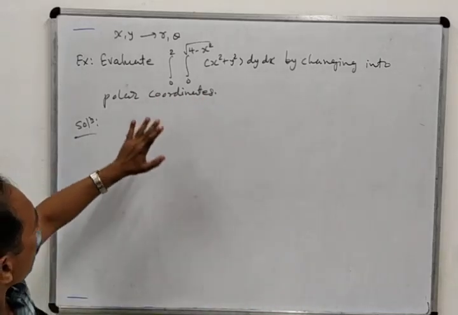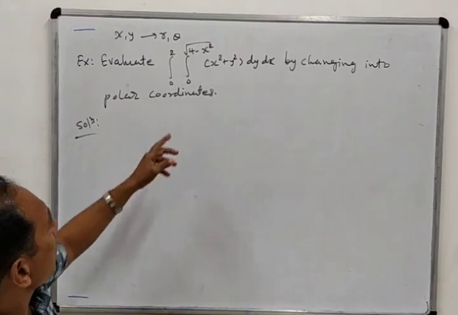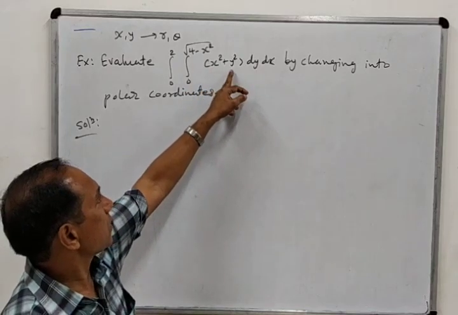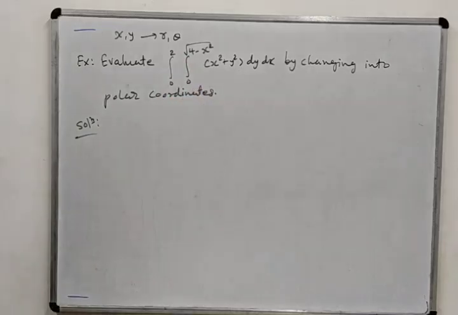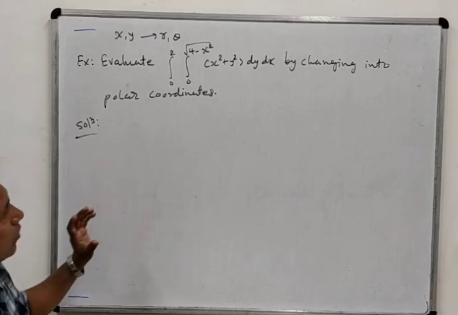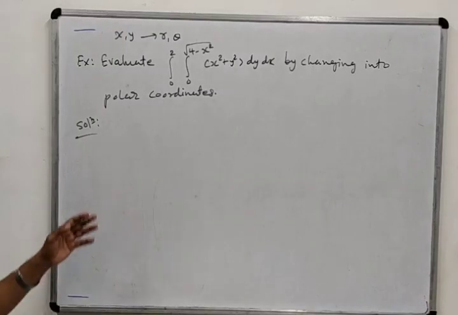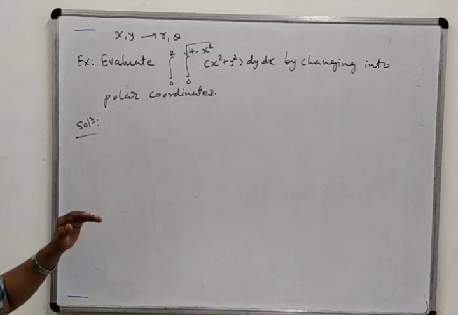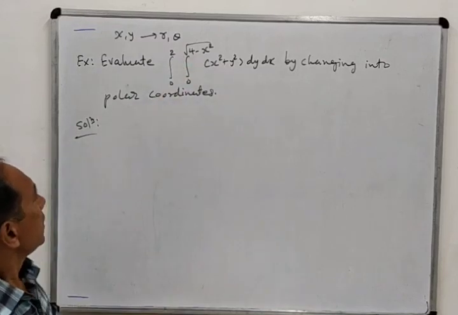coordinates. If it is not asked to convert into polar coordinates, then also you can try to convert this into polar coordinates, because here we are given the functional form x square plus y square, and also in limiting form it is given as a circle form, which we will see how this is the circle. To change into another variable form, we need to draw the figure. Here, as in the last examples, we are not given the region directly, but the region we can draw by using the limits. Here we are